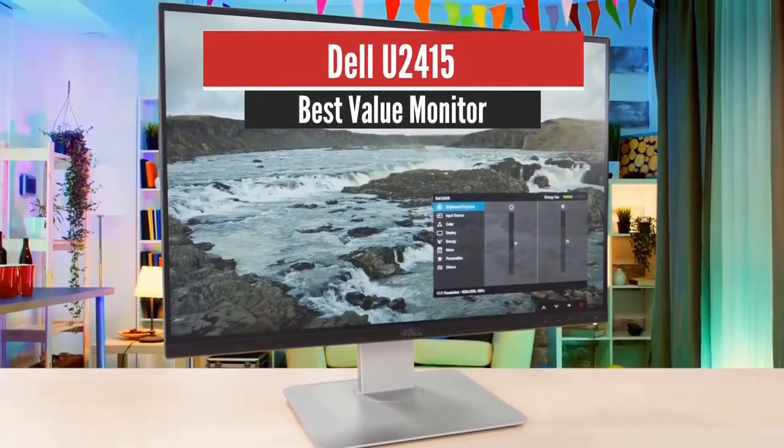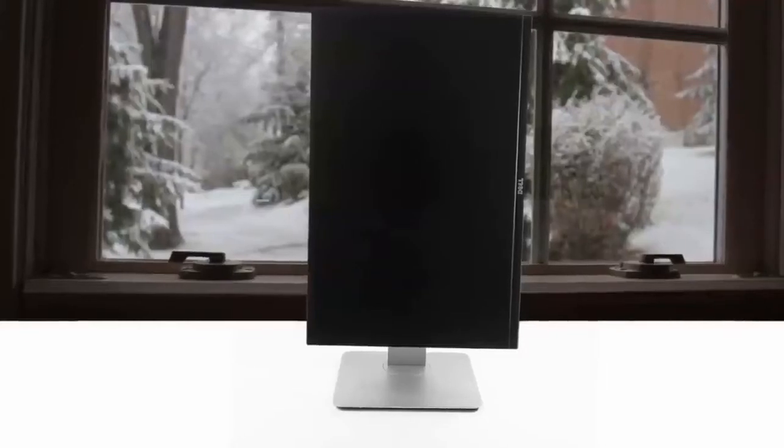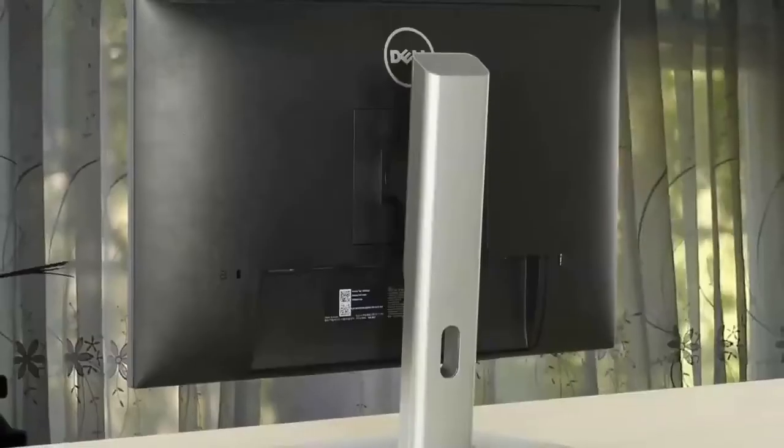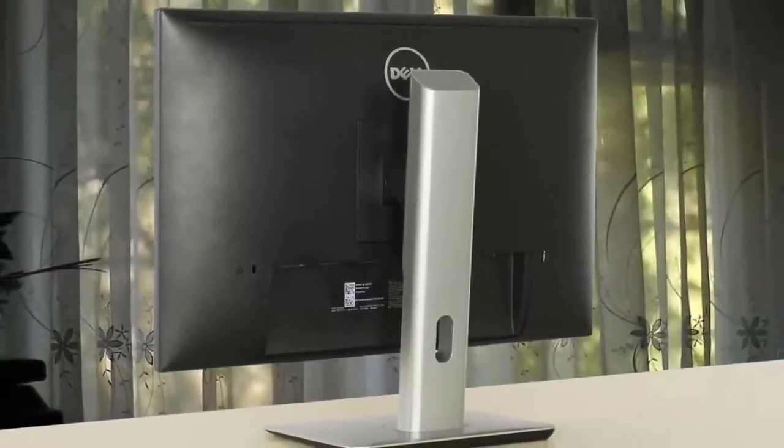Number 4. Dell U2415, Best Value. Moving on, we have the Dell U2415. It's extremely versatile and can do anything including gaming, even though it isn't designed for those purposes. It is also one of the best monitors for professional media work, and at this price it's more than you